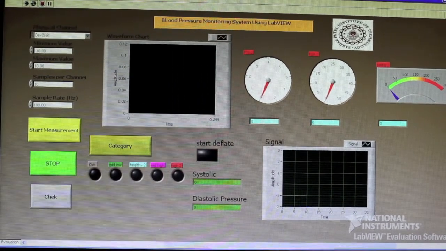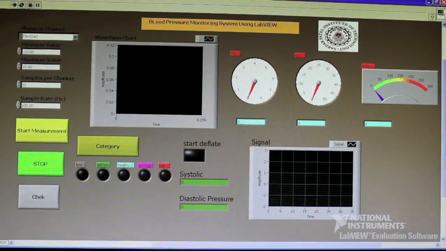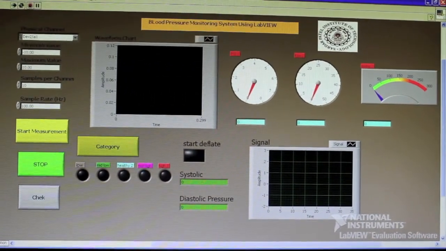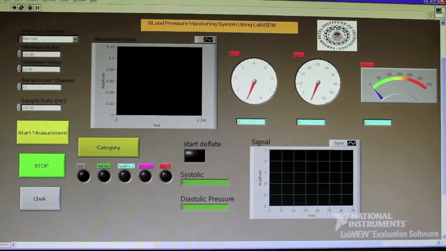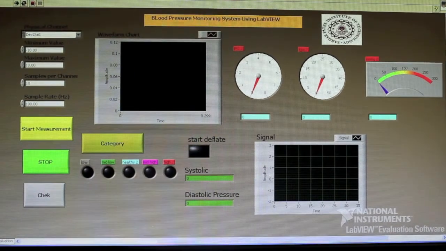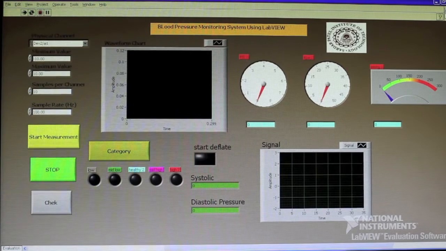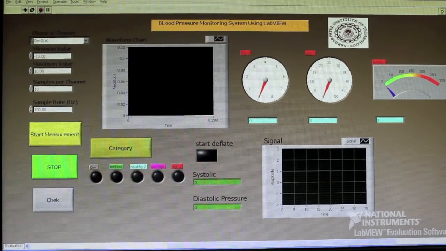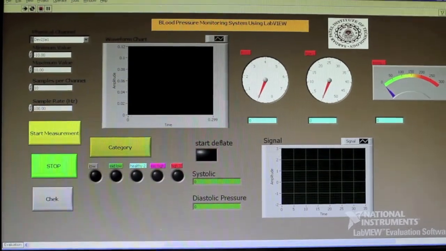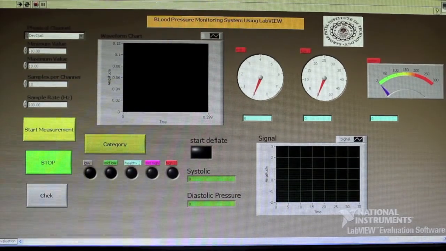Now let me start with the different types of blood pressure measurement methods. One is the manual method, which uses a pressure gauge, that's a sphygmomanometer, with the help of a stethoscope. Second is the oscillometric method, where oscillations in pressure inside the cuff are measured. The third is the auscultatory method, where a mic is used to pick up the sounds generated in the brachial artery and simultaneously reads a pressure gauge.